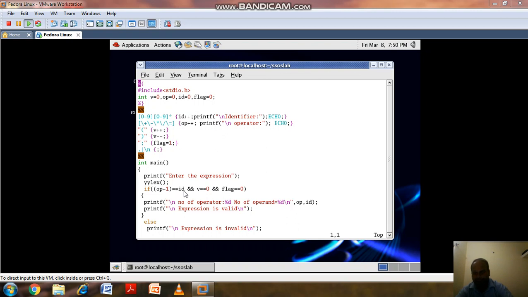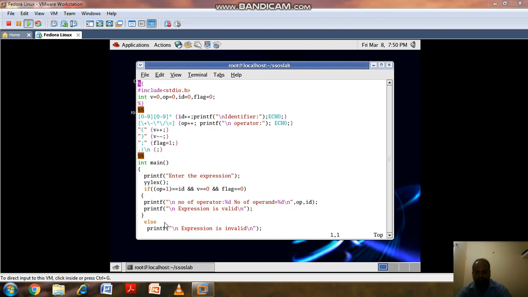If the number of operators plus 1 is equal to the number of identifiers, and v equals 0, which means the number of left parentheses is equal to the number of right parentheses, and flag equal to 0, then printf the number of operators and the number of operands, and we can display that the expression is valid.